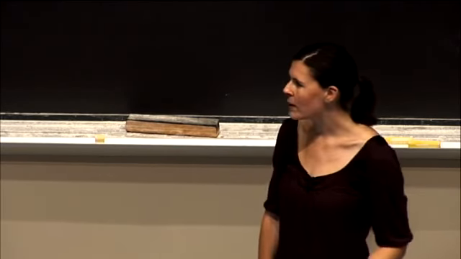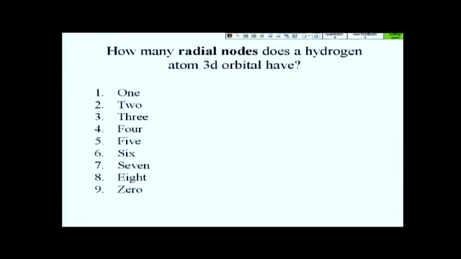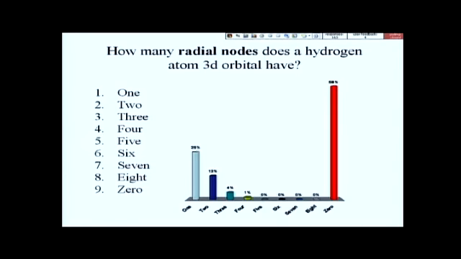So let's have you try one more, if we can switch over and talk about a 3D orbital. So I'm asking very specifically about radial nodes here. How many radial nodes does a hydrogen atom 3D orbital have? So you can go ahead and take 10 seconds on that. All right, so most of you got that, though there's this little subset thinking that we have one,